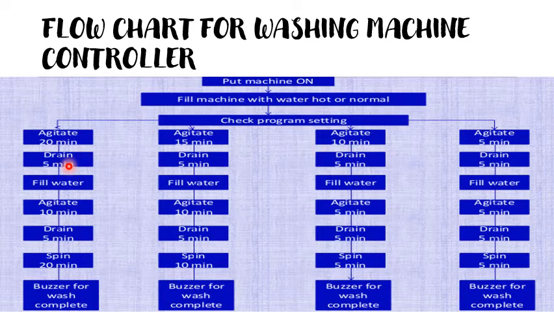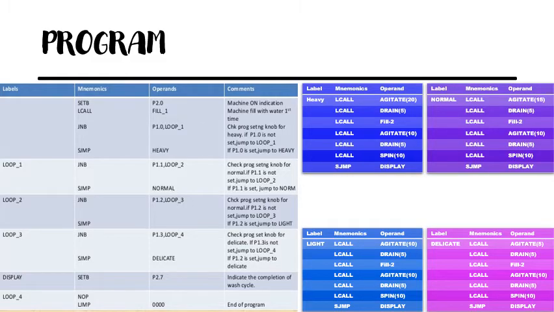Next is the drying operation. It removes water from the tank. This operation is also performed for specified minutes. Finally, the spin operation, in which the moisture of the clothes is removed. So here only the main program for the washing machine controller is given, and the programmer should write the subroutine programs so that the machine can operate as per the washing cycle.